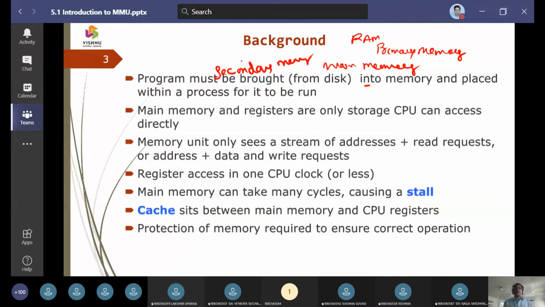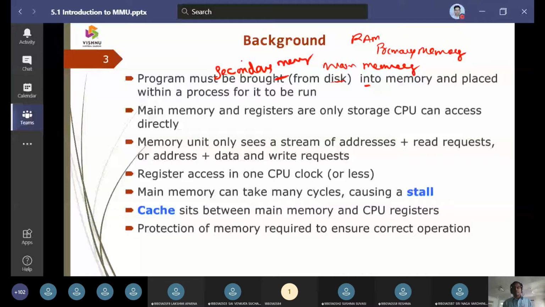So first of all, memory is going to be bifurcated into two models. One model we are going to call primary memory. The other names of primary memory are random access memory and main memory. And second, we have the things which are going to be stored in a local hard disk. That is what we are going to call secondary memory.